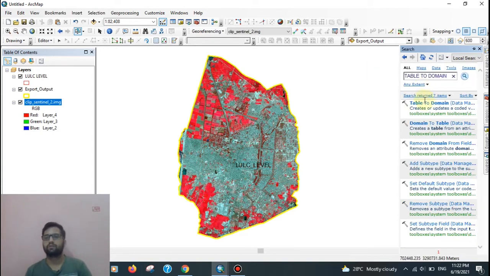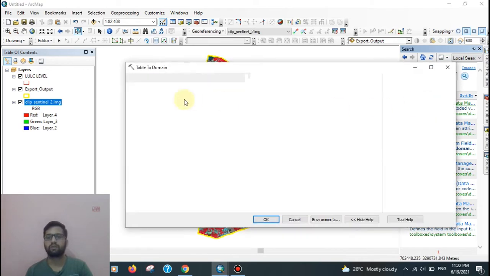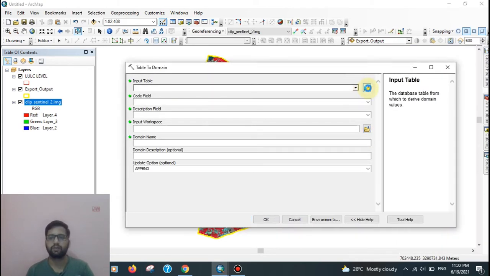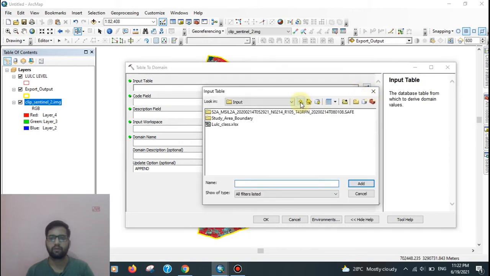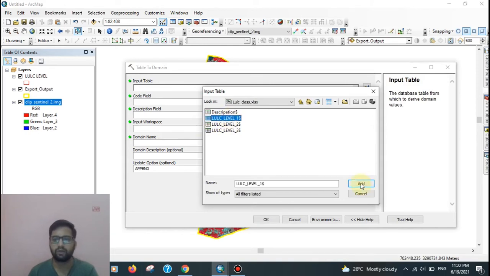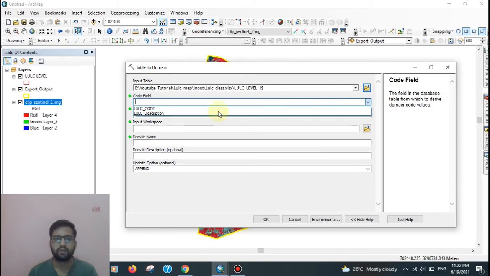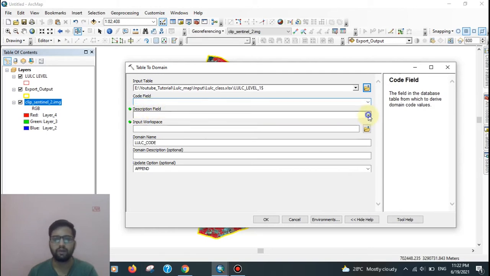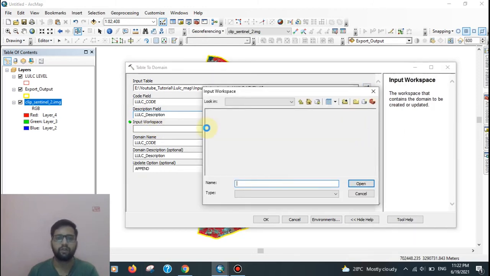Then go to the Excel file, LULC class. I already have level 1, level 2, level 3. Use the LULC level 1, add. Then go to the LULC code and LULC description field, and input the workspace, means the geodatabase.